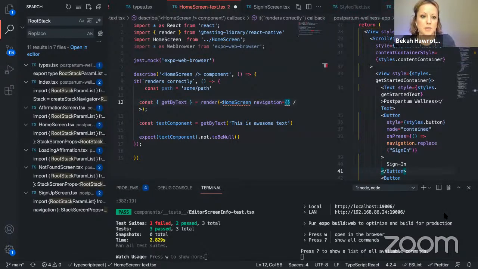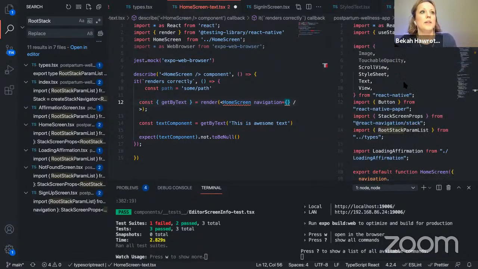Let's see. Okay, so I'm going to go ahead and look up maybe testing React Native navigation and see what I can come up with. If you want to look around, Seth, and see if there is another way that we can be looking through this, we'll see what we've got here. Yeah, let me look at the code here.